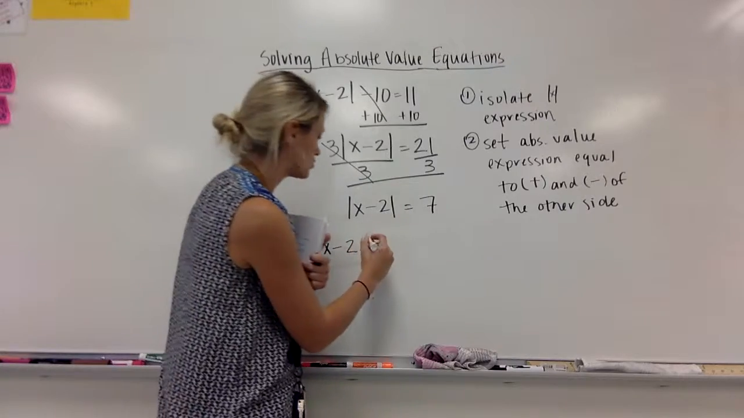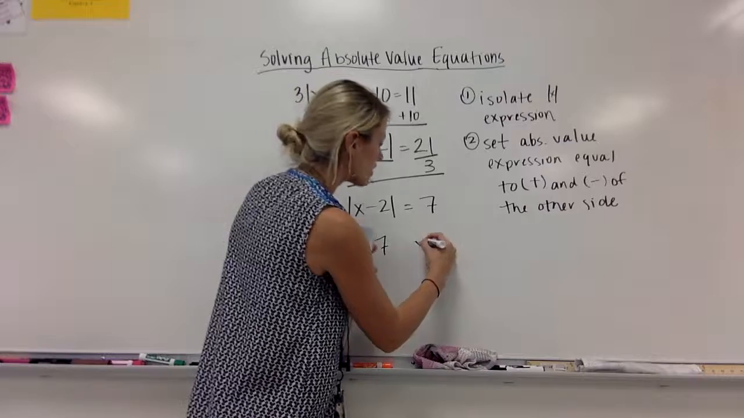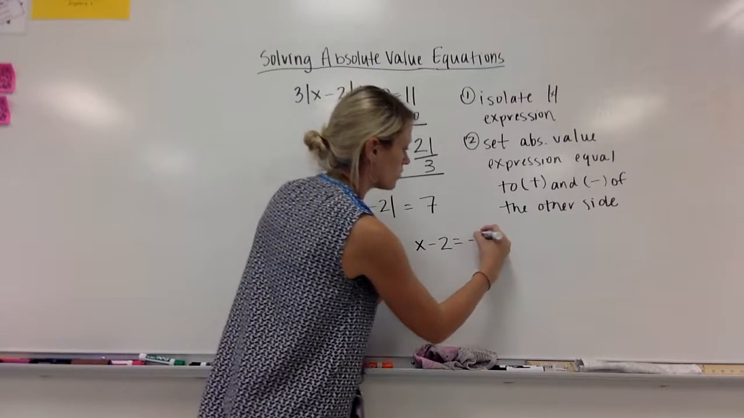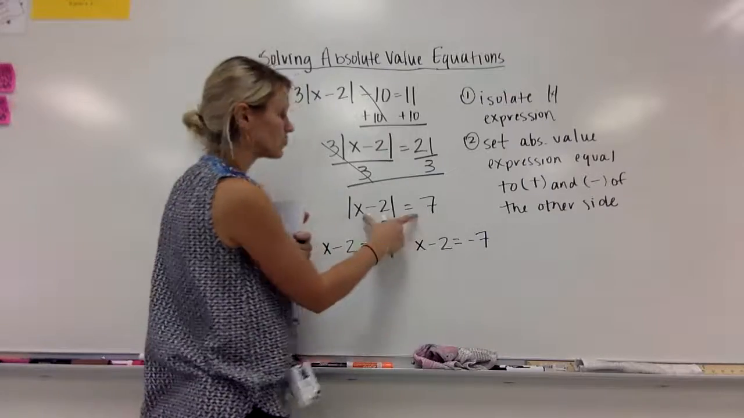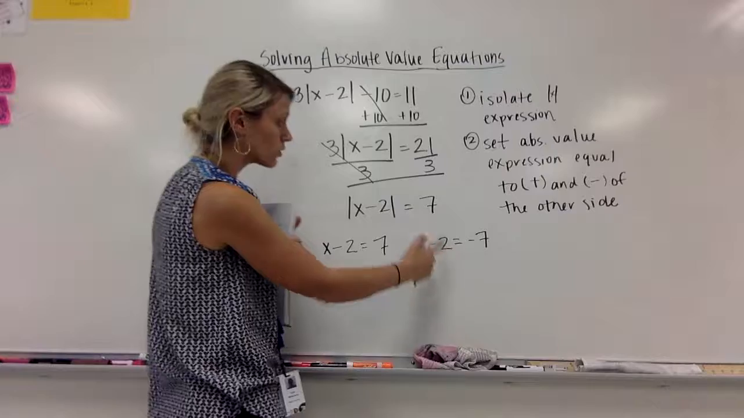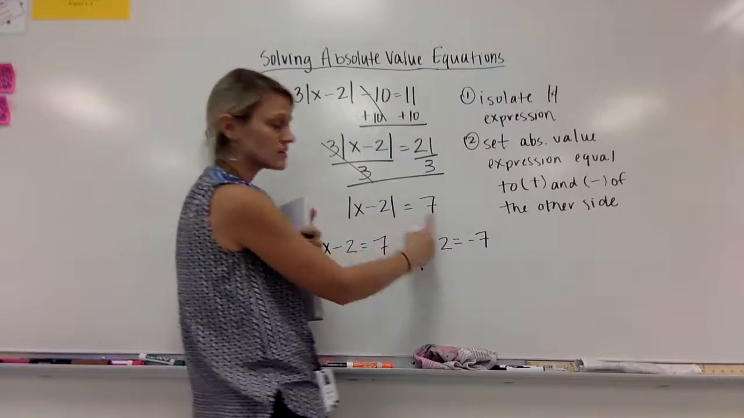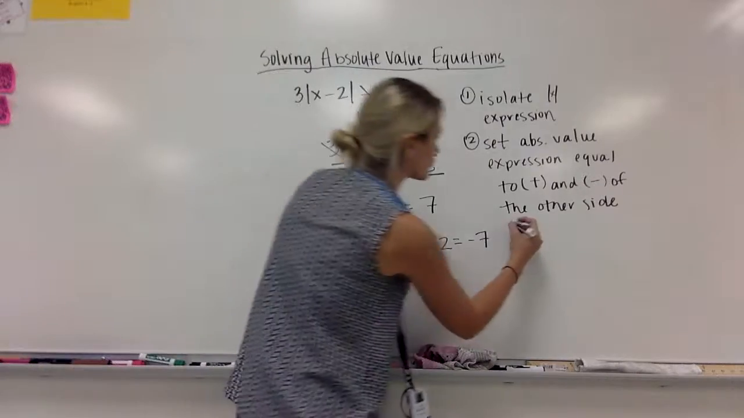my x minus 2 equal to 7. I'll also have x minus 2 equal to negative 7. So now I basically went from this to 2. I split it up. So one of them is equal to a positive 7. The other is equal to a negative 7. Okay? My third step